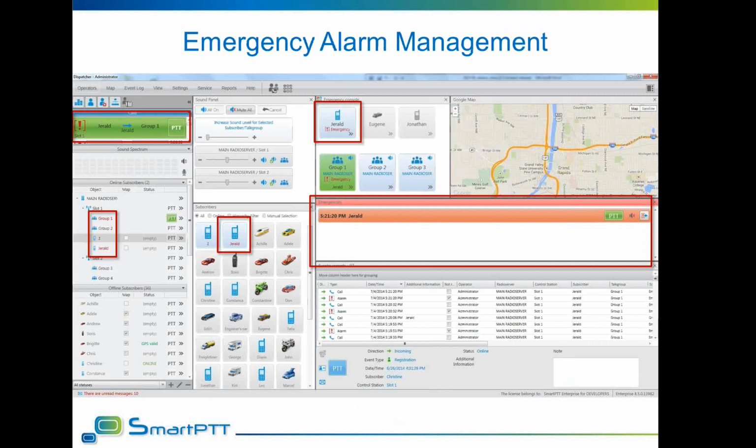Emergency statuses are now shown on all connected elements through the dispatcher interface. When a subscriber starts an emergency call, the emergency status will be assigned not only to a group, but also to the individual subscriber, making it easier to see who has originated the emergency call. It is natively integrated with man-down support, showing properly which subscriber